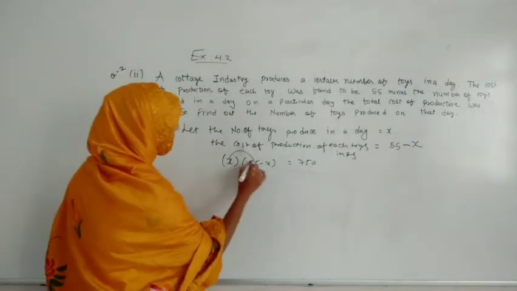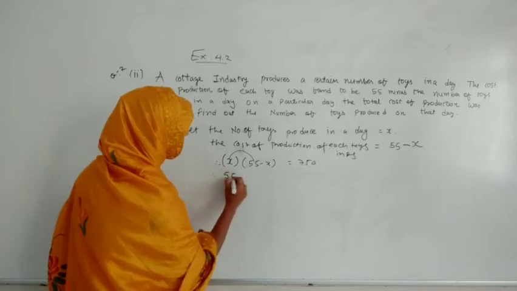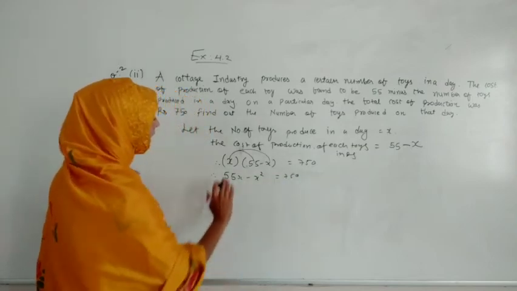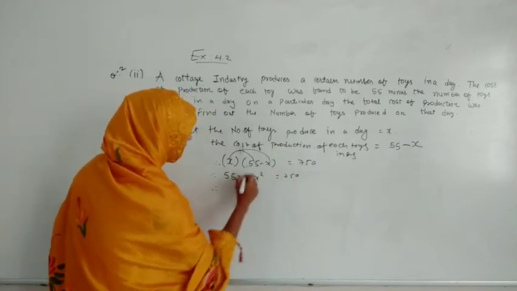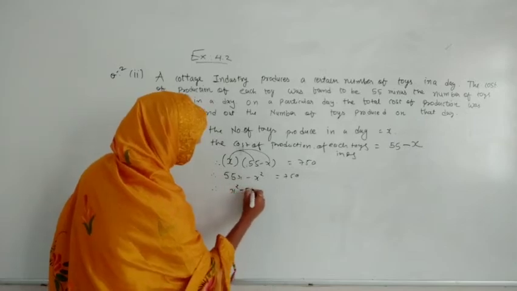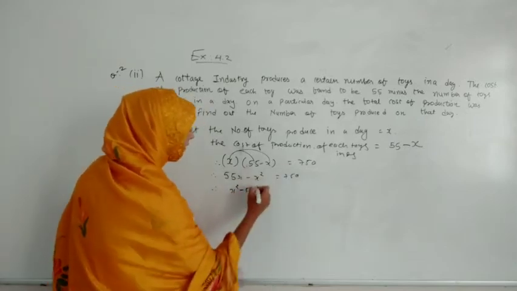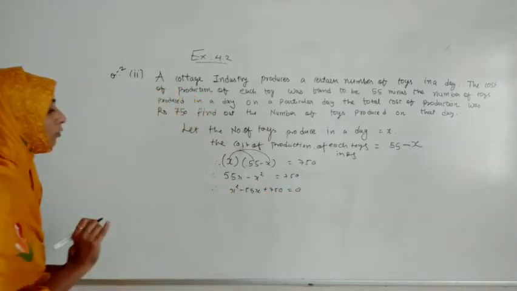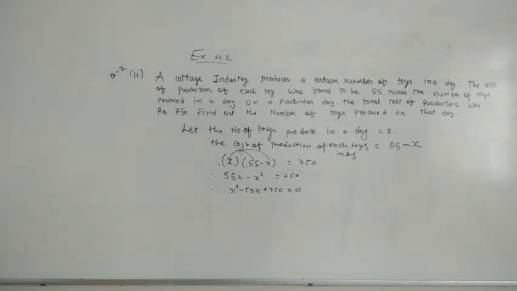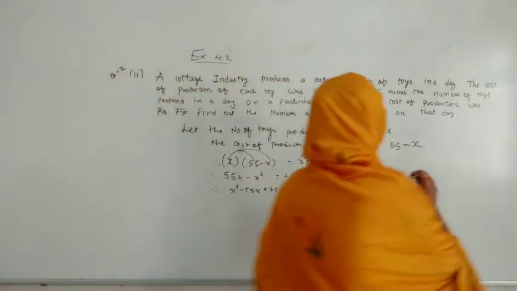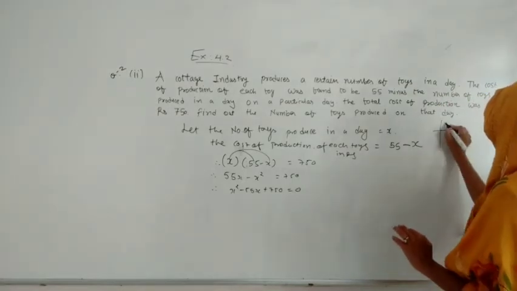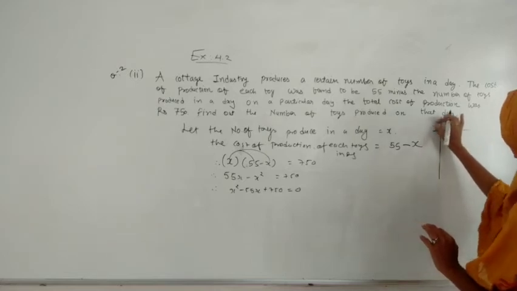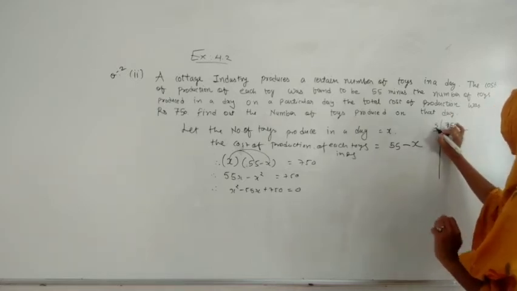Now if we solve it, we get 55x and minus x square, and that equals 750. If we shift this to the other side, x square goes to the plus side and 55x becomes minus 55x, with 750 staying in its place. So finally the quadratic equation we got is x square minus 55x plus 750. Now we have to find the combination, so we will use the prime factorization method, but here I will not use the smaller number and larger number; whatever is convenient to me, I am using it.